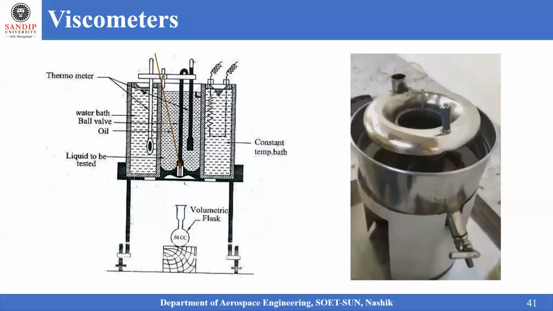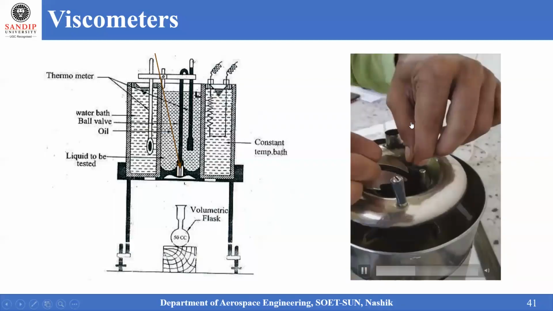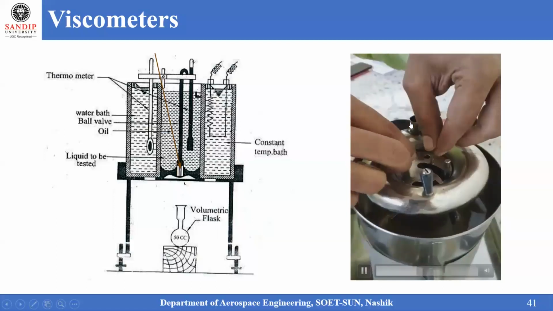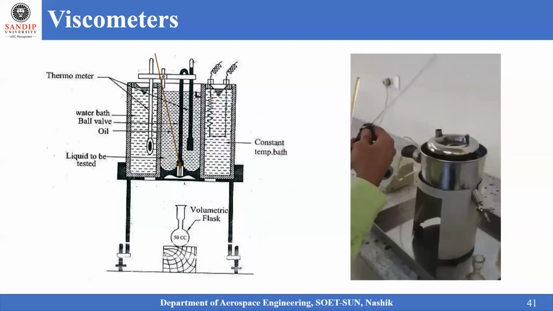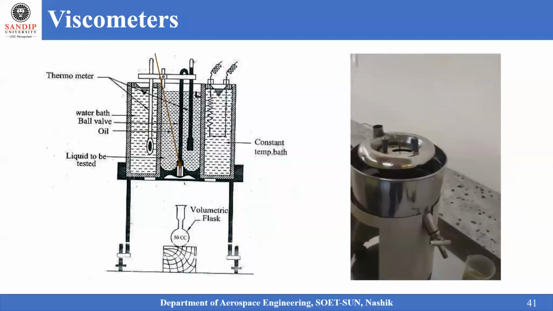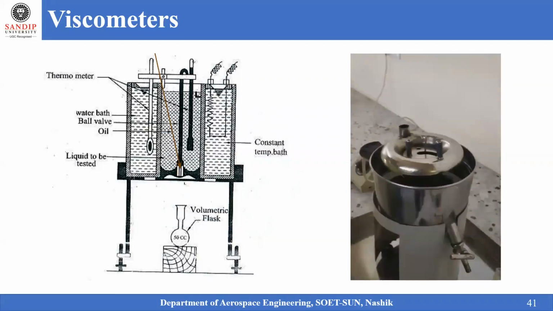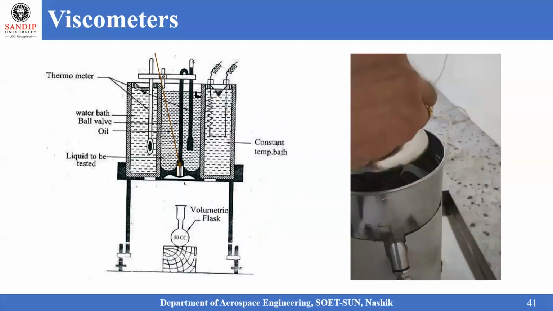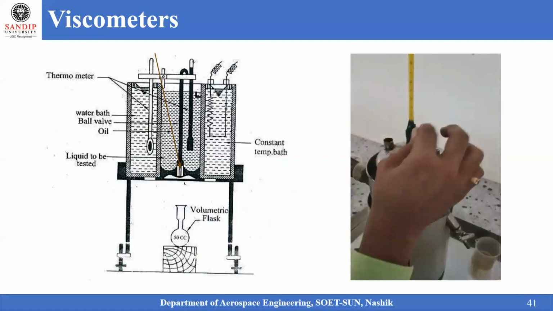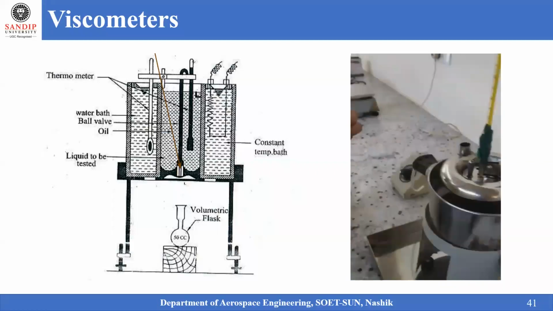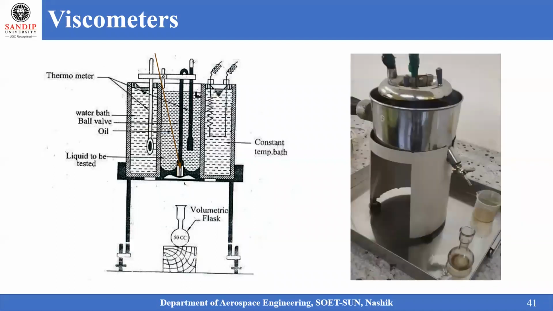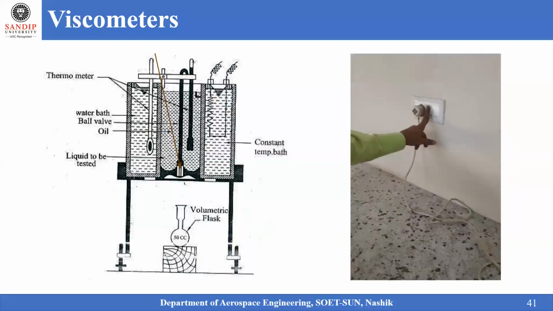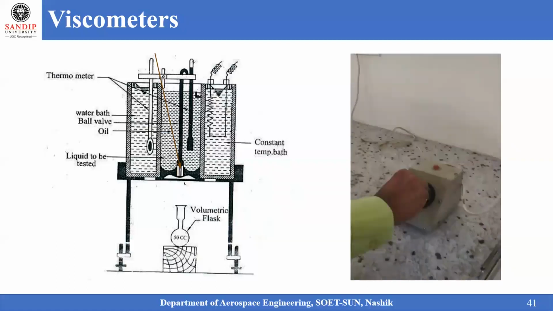Here we can see that oil is being filled up to the mark, and after that we close it with the lid. The lid has an opening for the thermometer to be placed inside. One thermometer is inside the oil flask, and another is inside the water flask. So in the two concentric cylinders, the thermometers are placed, one for the outside bath and the other for the inside bath. Now the question comes of how the heat will be raised inside. When we conduct heat by electrical energy, the electrical energy is converted into heat energy.